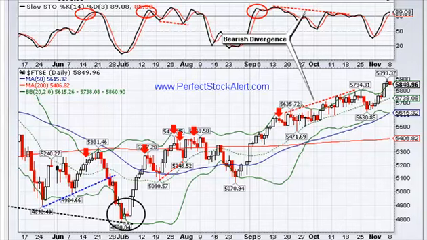Here we are looking at the FTSE, which is my way of looking at what's going on over there in Europe. This is the London Financial Times Index. You can look at other charts, but I prefer to look at this one. You'll notice here that we followed the exact same pattern as the U.S. In the FTSE, it just bounced right back up from September all the way to the current period. We just rallied ahead of the Fed.